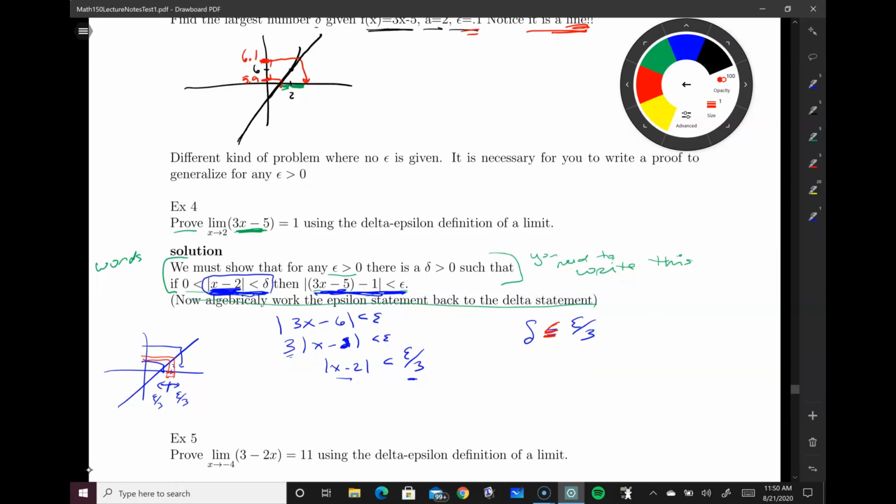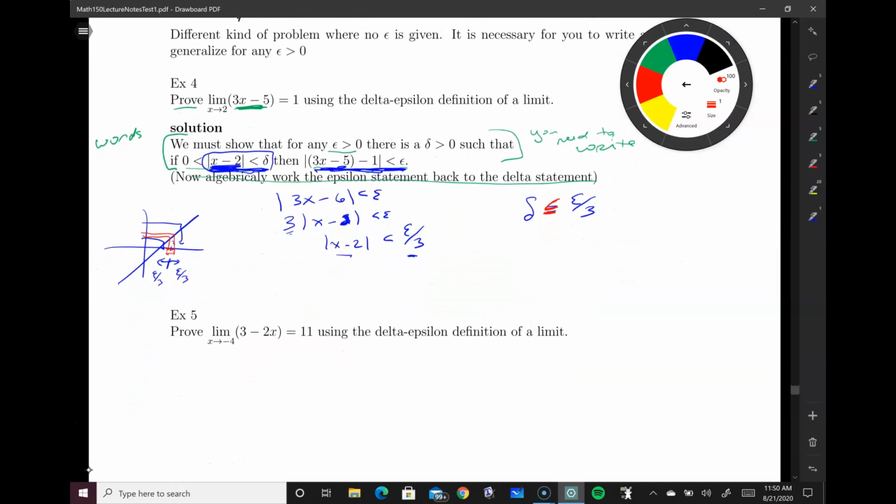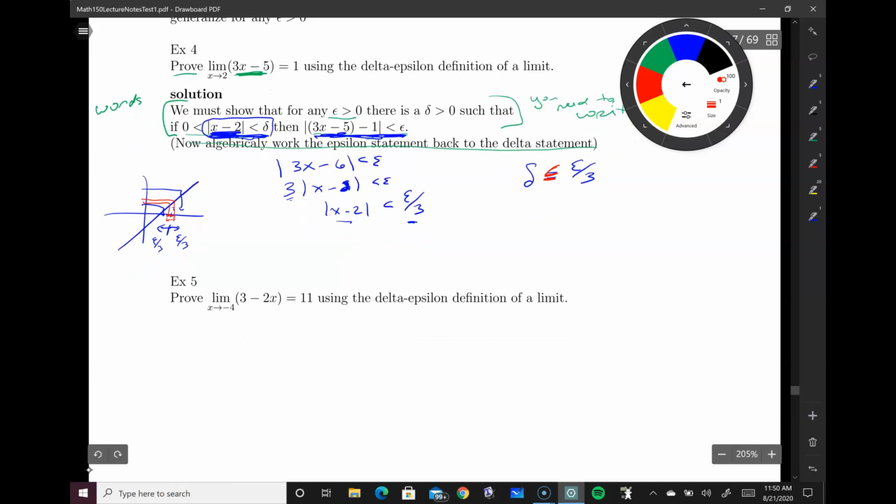Okay, so this was one with all the work, and let's just go through one without all the extras, so that we have practice writing it out. As soon as you see it's a line, you'll see prove, you'll see delta epsilon definition of a limit, no epsilon given, then you're just going to start writing the words. We must show that for any epsilon bigger than 0,